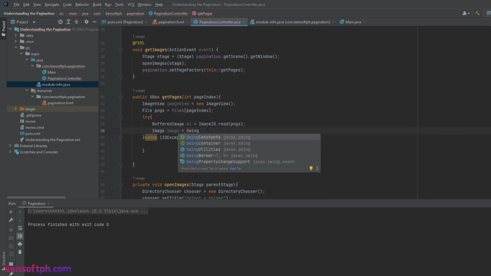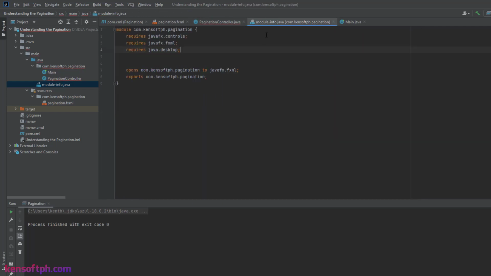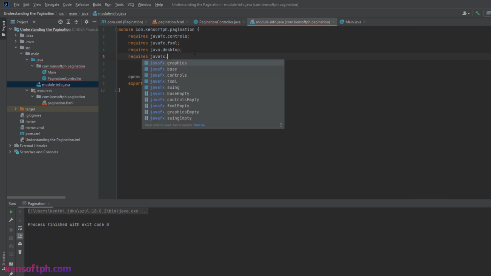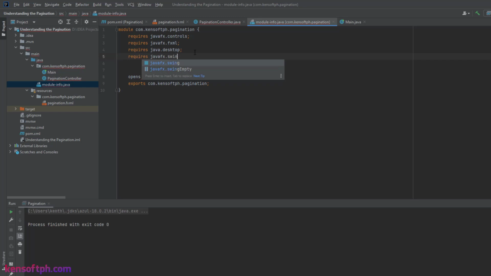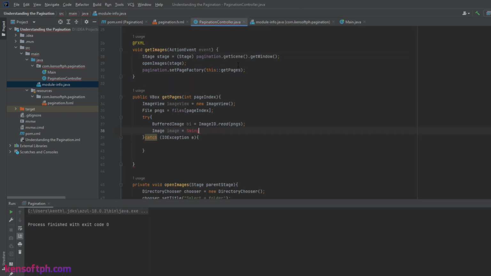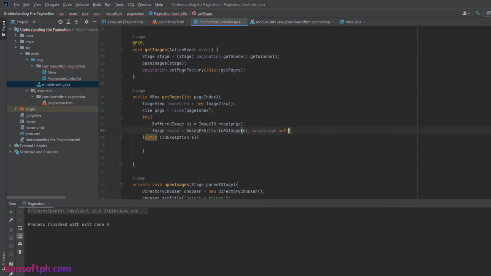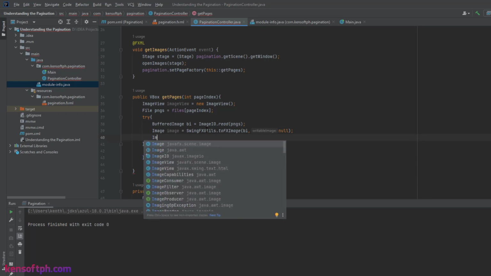We cannot use the SwingFXUtils here, so we need to go to module-info.java and requires javafx.swing. So SwingFXUtils.toFXImage bi, null, and imageView